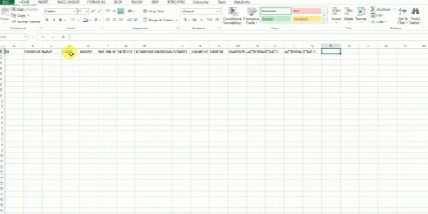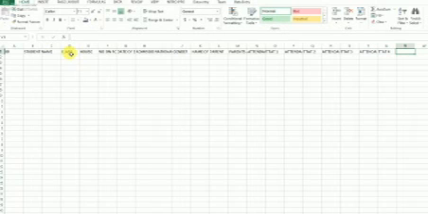Then we have attendance 3. Then that one we have total attendance 3, so TT83. Then next one is attendance 4. Then we have total attendance 4, that's TT84.